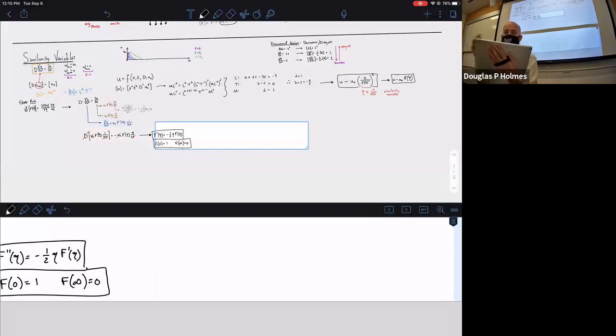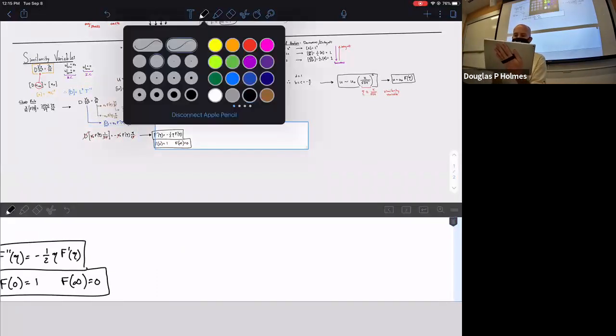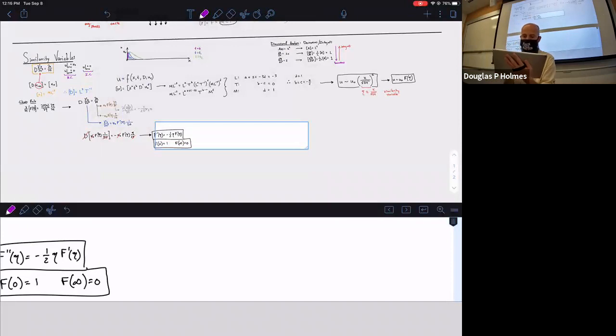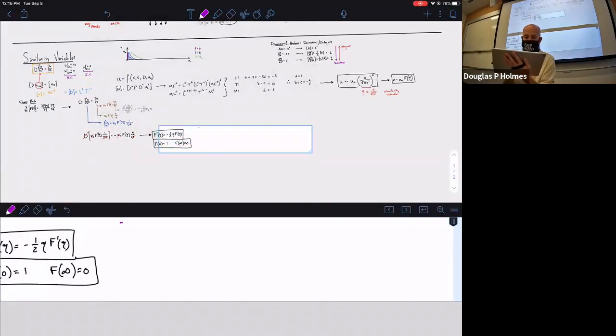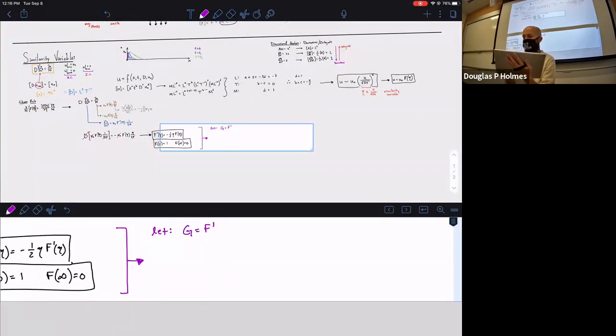The way you would solve this problem, so I'm just going to put this in a different color just to say this is not really vitally important, is by making a variable substitution. And so you would say, let G equal f prime. You should probably dust the cobwebs off of some differential equations class you took forever ago. So if we let G equal f prime, then our new equation becomes